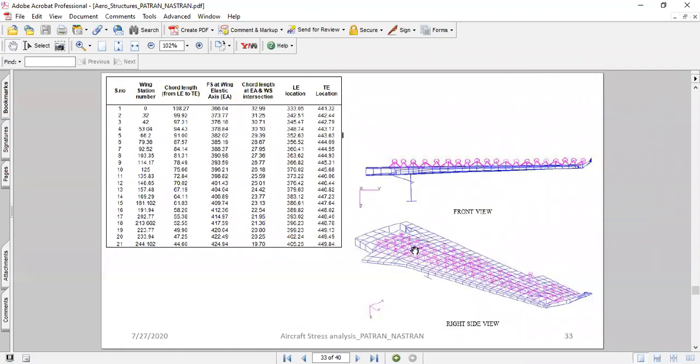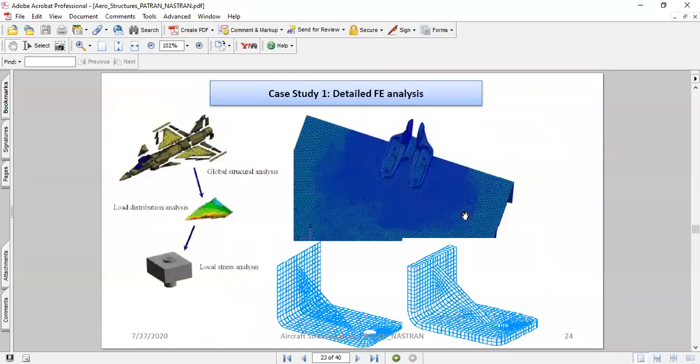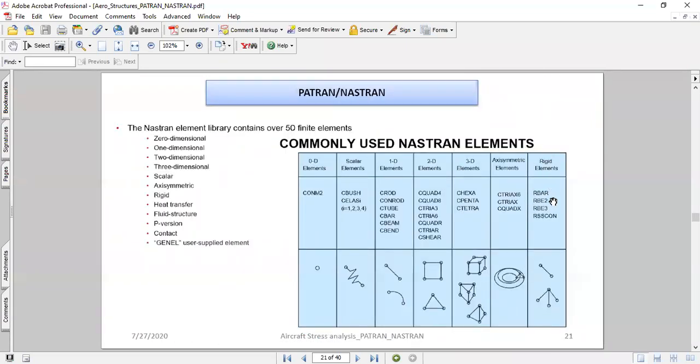Based on the rubber pad area they used for testing, I roughly calculated the typical rubber pad area, and I tried to generate the same type of loading using an MPC element, which is called a rigid element.